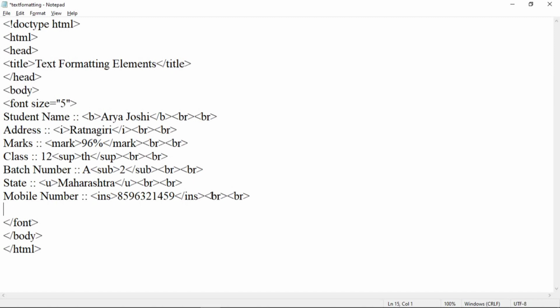Del tag is used to display the text as deleted text. Suppose we use here del tag, then here end of del tag. Within this add a content. This text is deleted from document. Now save this program.